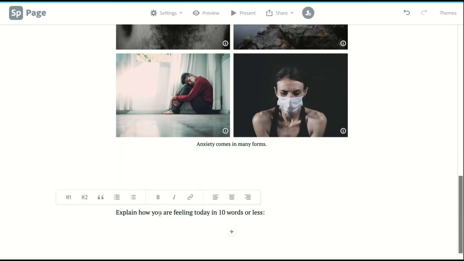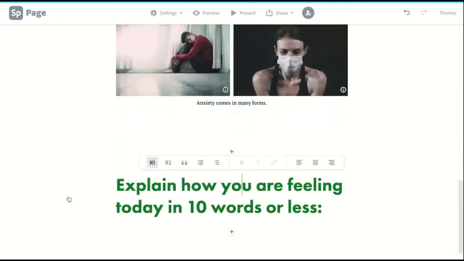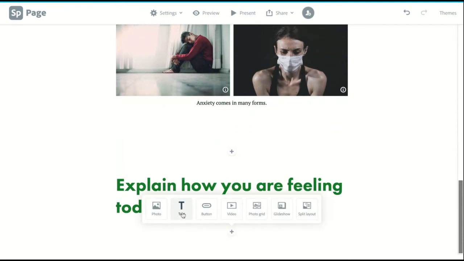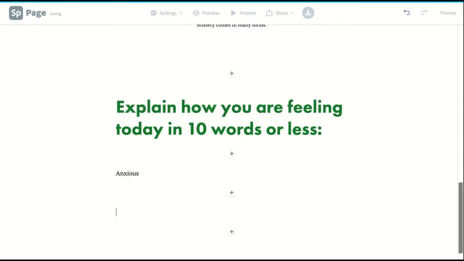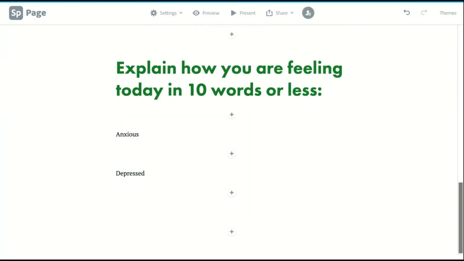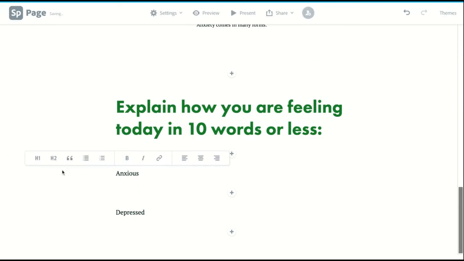So it's as simple as clicking on it and choosing a title. And then we can add more text. Every time we hit return, it's creating another paragraph, which allows for, again, differential formatting.